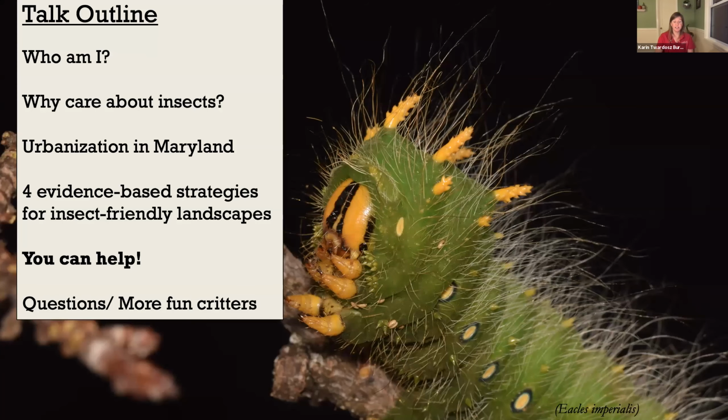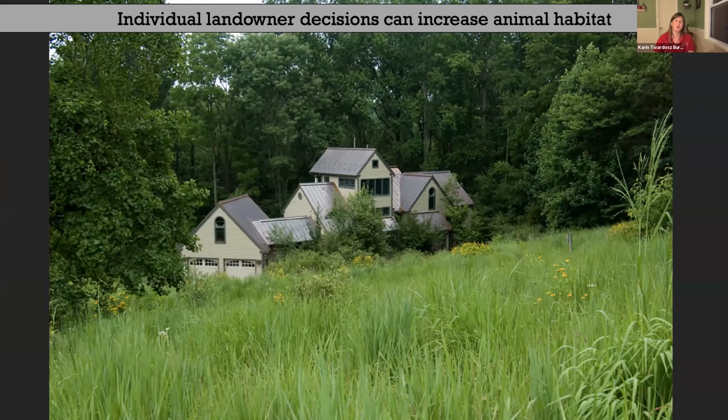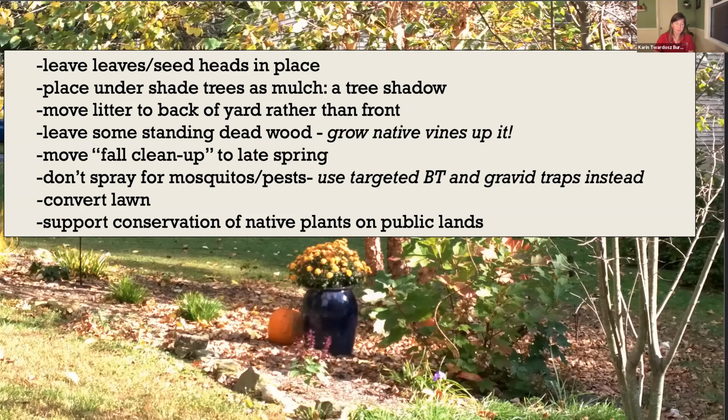Okay, so lastly, I just want to point out that you can help here within your landscapes. I'm sure you care about plants. Individual landowner decisions can increase animal habitat. I think there's pretty good evidence for that at this point in time. There's many things you can do. You don't have to do all of these, but these are all things that will help your landscape support more insects. If you could leave some or all of your leaves in place,